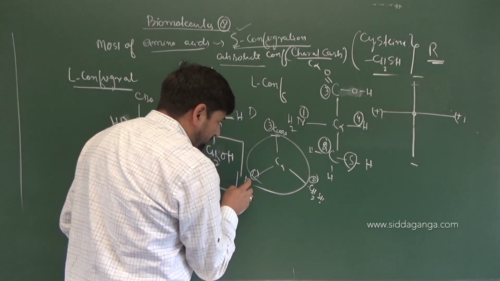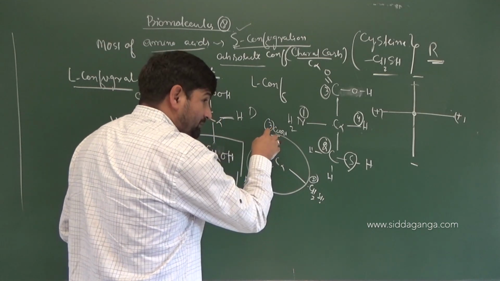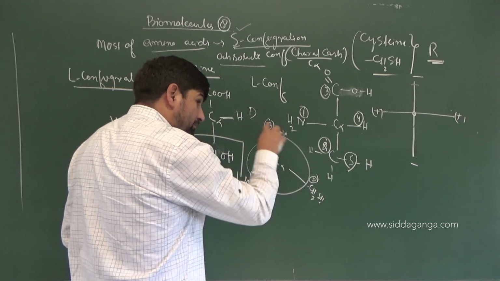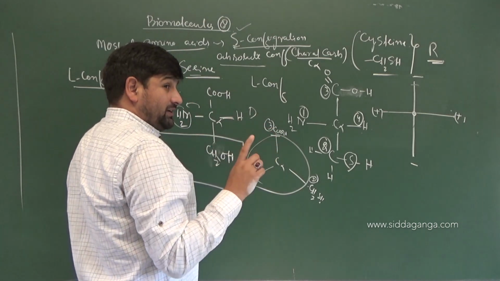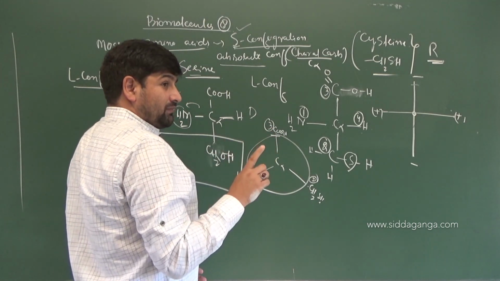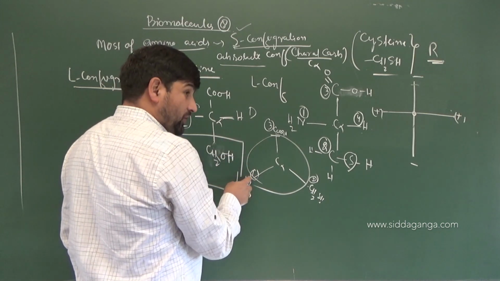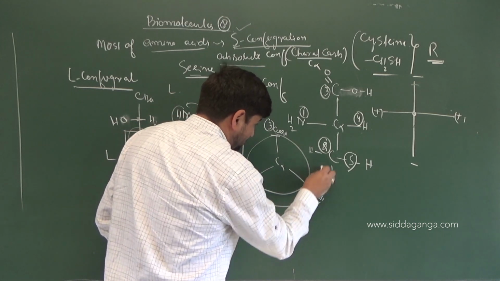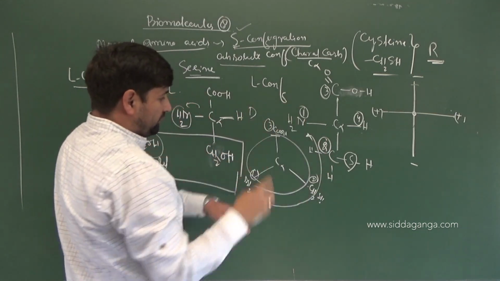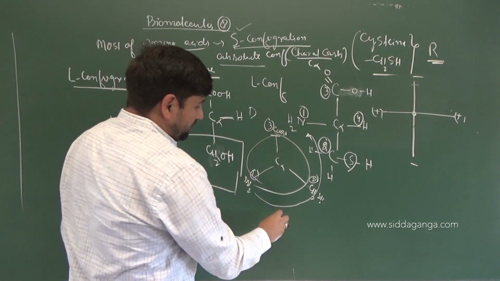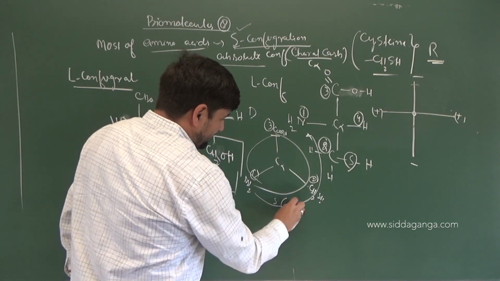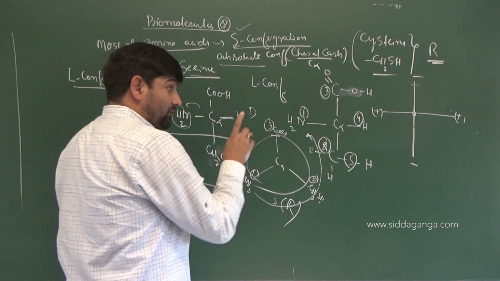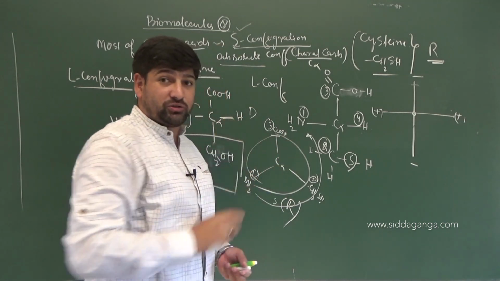So when you move from highest to lowest priority, means from lowest number to highest number, keep it in mind, priority number and priority are different. This has highest priority but lowest number. So when you rotate the molecule, when you move through, it will be in which configuration? Clockwise or anti-clockwise? It is anti-clockwise. So technically it seems S, but actually it is R, because I have not given the rotations to the molecule at all.